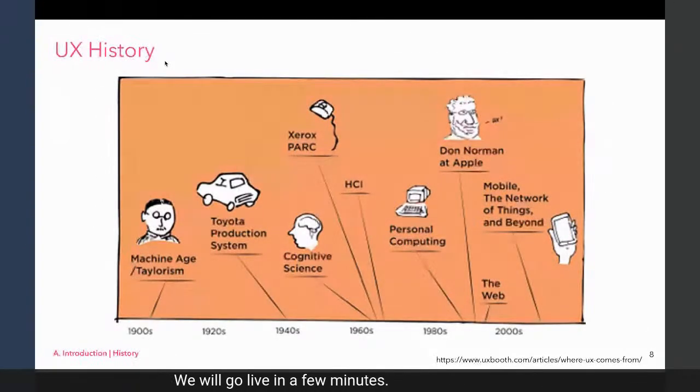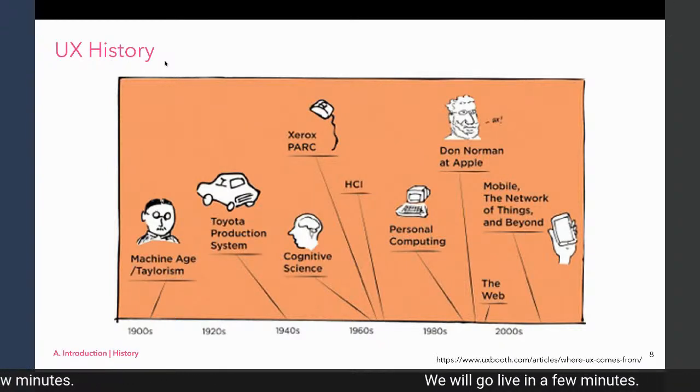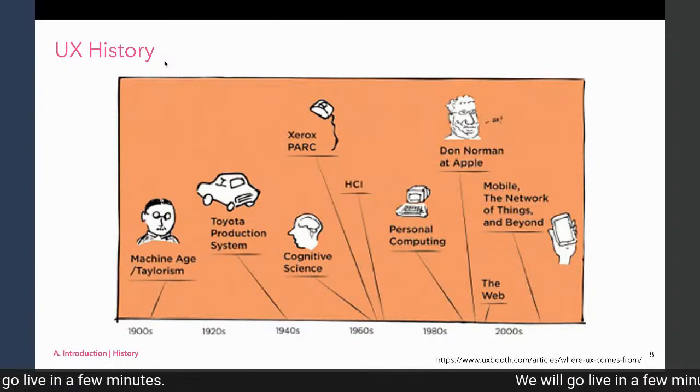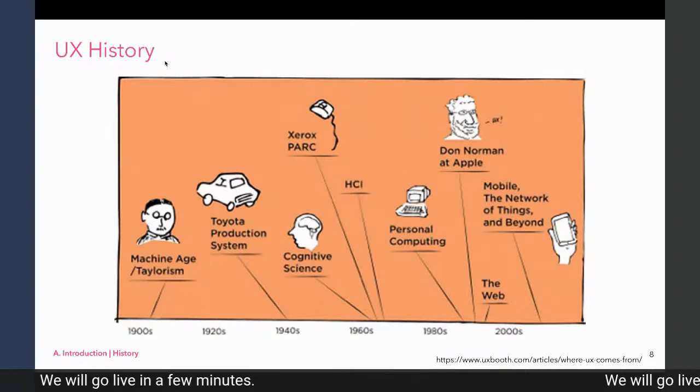Let's go into the UX history a bit. UX has been existing for a long time. It's just that the term UX was coined by Don Norman in the late 1990s, I think.